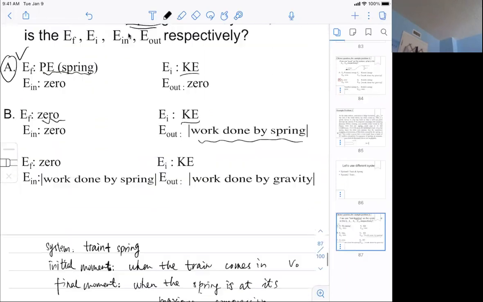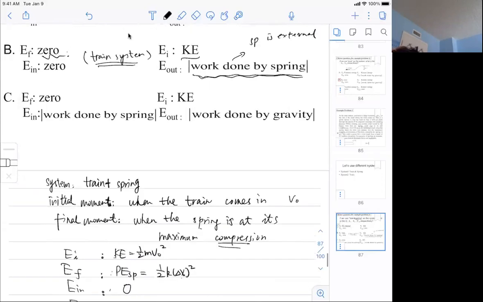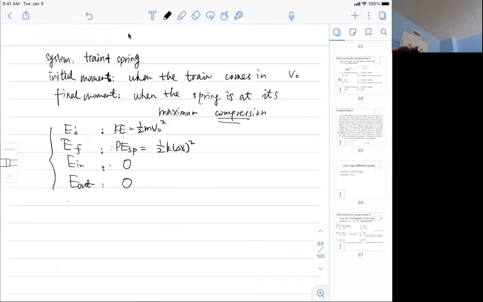Now, your B would have been the correct answer if you are using the train as your system, okay? If you use the train as your system, you don't have the spring, so you cannot talk about energy stored in the spring. But instead, you can do work done by your spring, because the spring is now an external force, right? Spring is external, so it can do work. It's just like how we included and excluded Earth in the previous problem. Okay, so if we use this approach, we can solve the problem fairly quickly